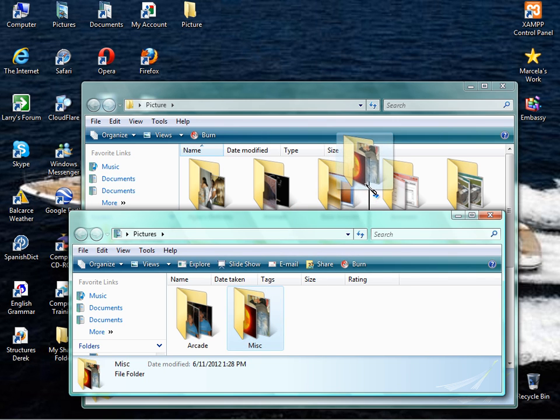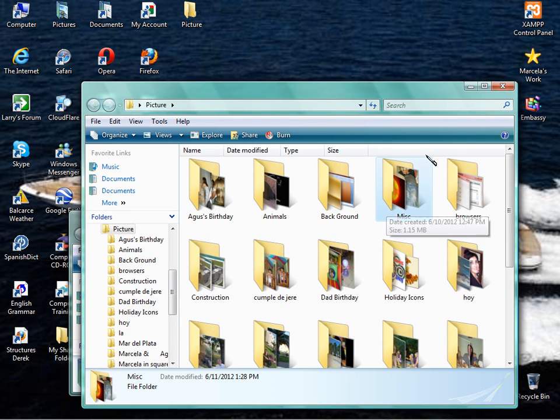If you don't want that to come up, simply hold your button down, wait for it, look for the black line. You want the black line there because you want it to go between these files, and it puts it back. Another way, and actually probably a better way to do this, is if you want to move a file into your picture folder from here, from this folder, which is the one we're at now,